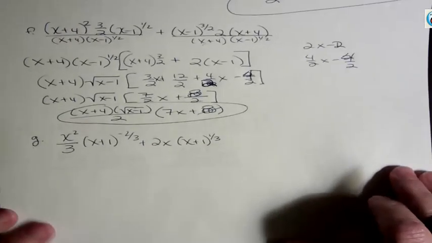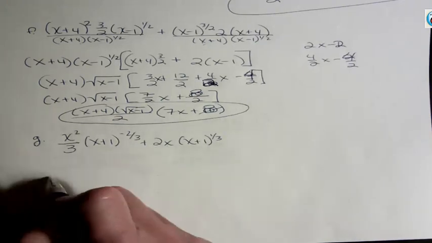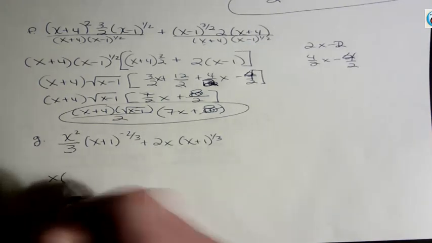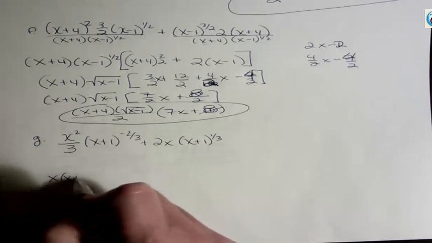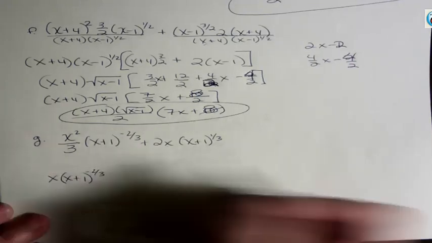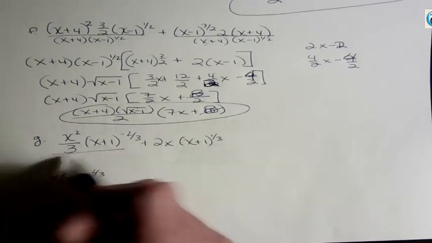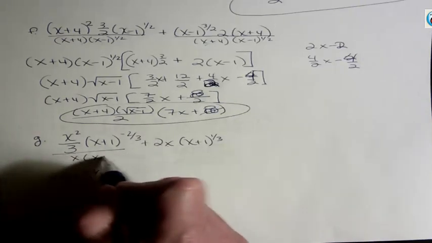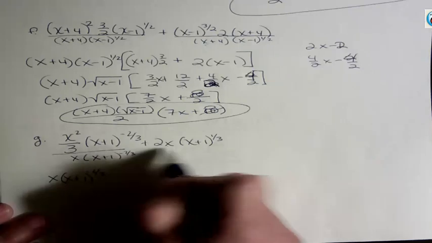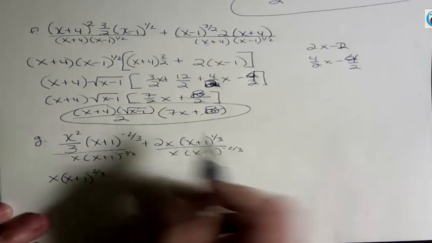Well, I have x's. I have at least one standalone x in both of those. So I'm going to take that out. I have an x plus 1. Which power? Well, the smallest power is negative 2/3. And so when I take out the x and the x plus 1 to the negative 2/3, then I have,